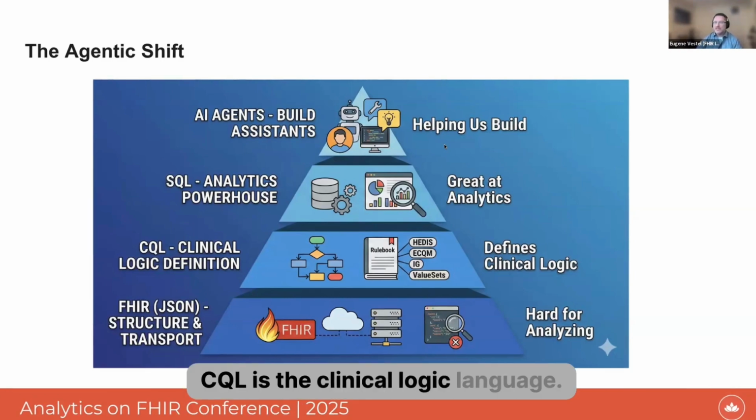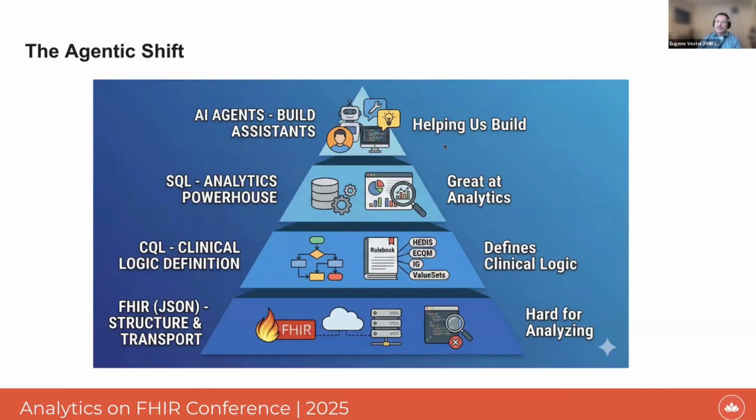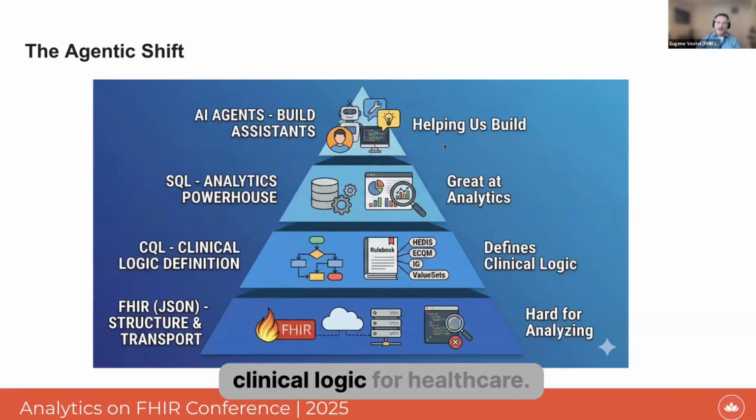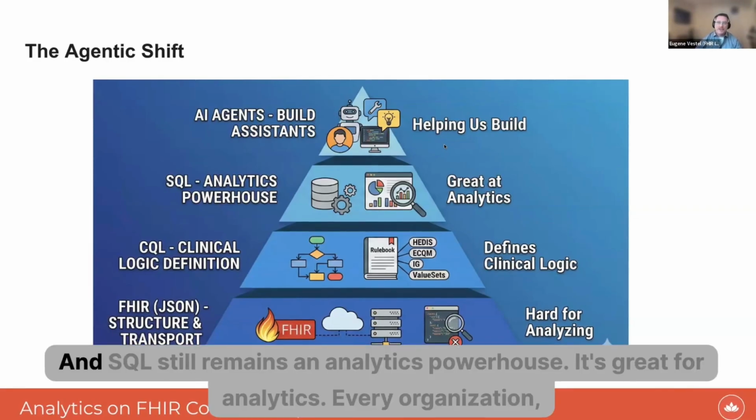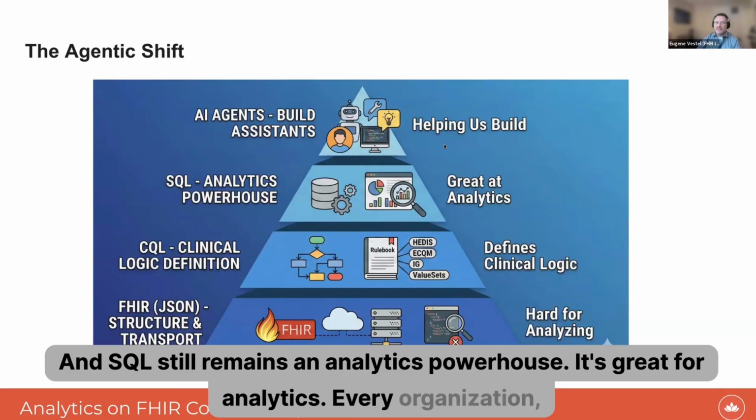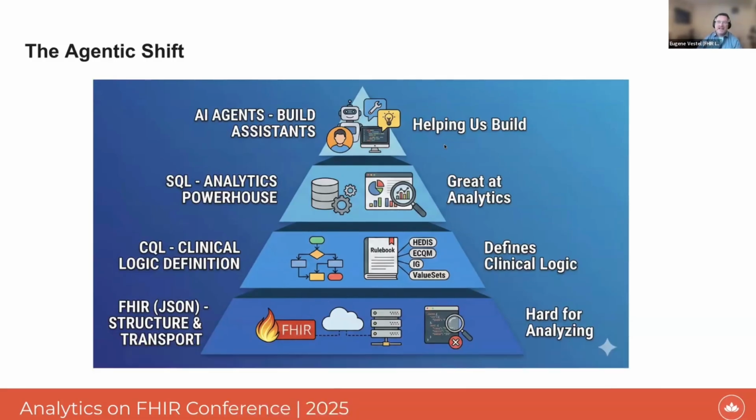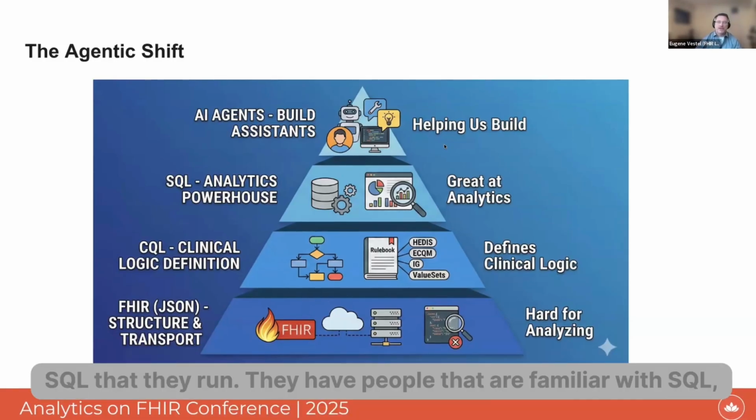CQL is the clinical logic language. It is defining the rule book, the clinical logic for healthcare. And SQL still remains an analytics powerhouse. It's great for analytics. Every organization has SQL that they run. They have people that are familiar with SQL.